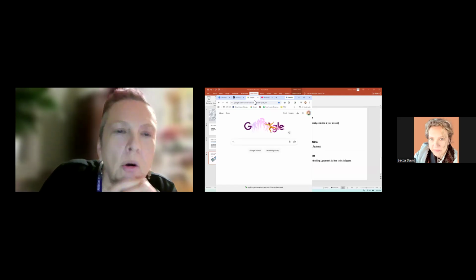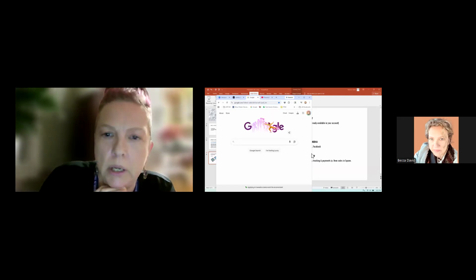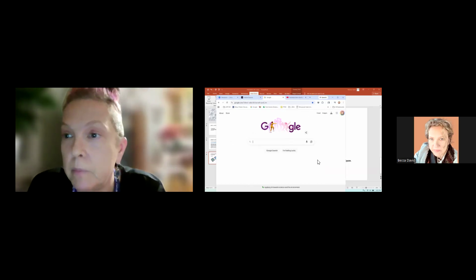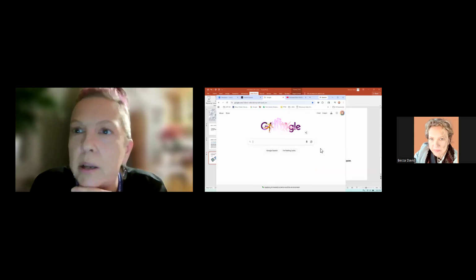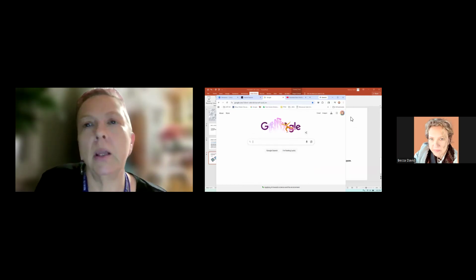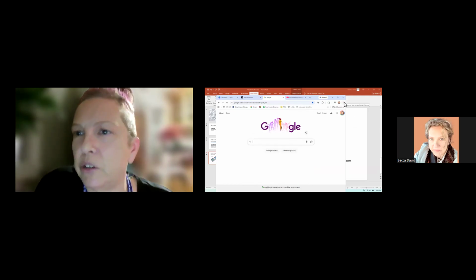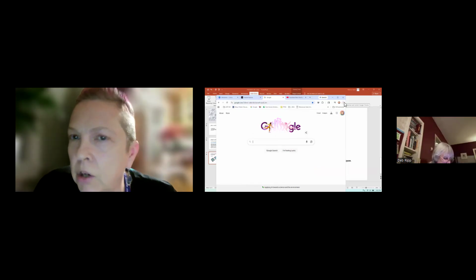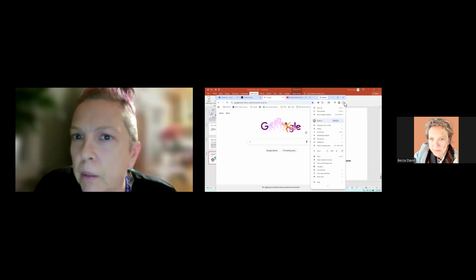So if you go over to Google and you're going to be looking at your Chrome browser, if you use Chrome, it's super easy. Can you see my screen now? Okay, I couldn't get that bar to go away. So when you go up to the three dots on the top right, in Chrome,